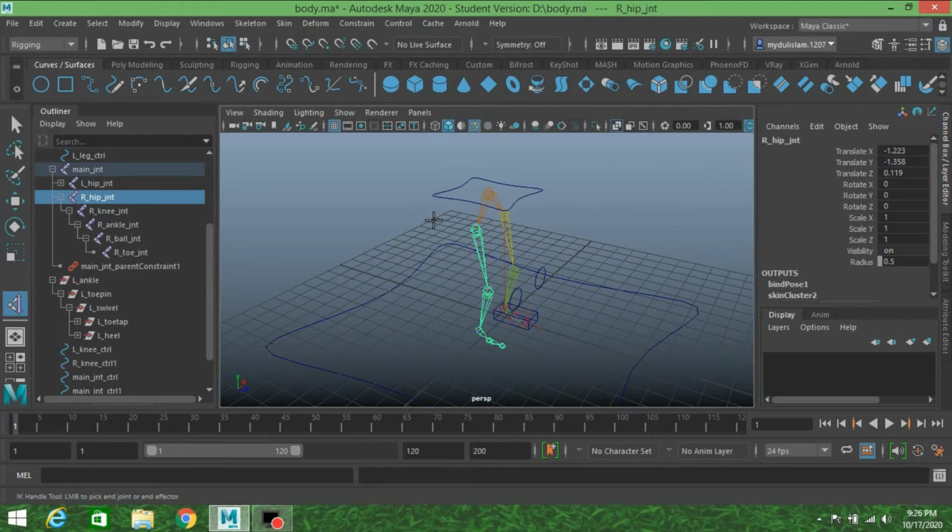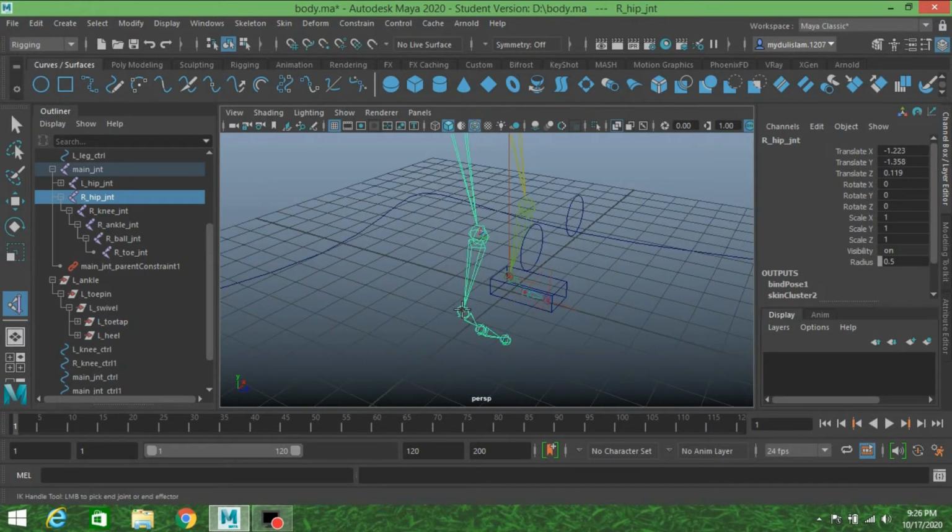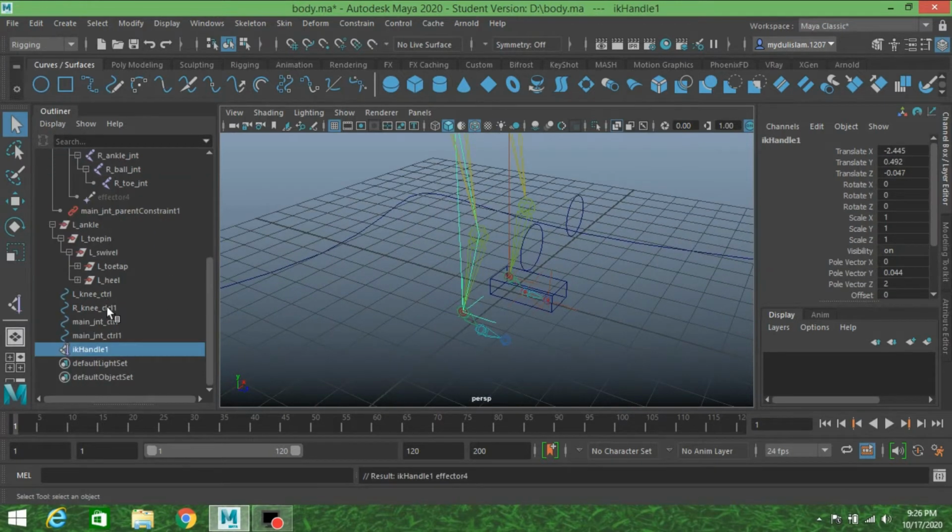Click one here and another on the ankle joint and rename it as right ankle IK handle.